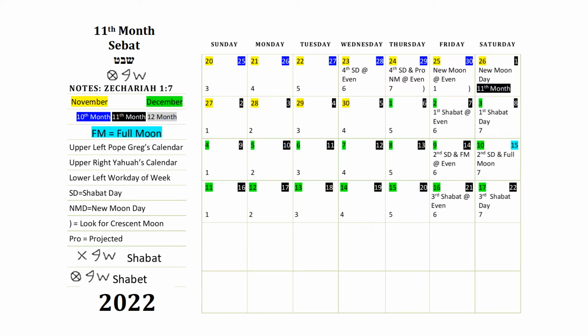This line we have our third Shabbat. The third Shabbat will start on the 16th of December, which will be the 21st day in the lunar events. It will start in the evening. So you see why I have the third Shabbat at even, because the days are from sundown to sundown, or sunset to sunset, whatever. That's how we count our days. All right, so that will be our third Shabbat right here.